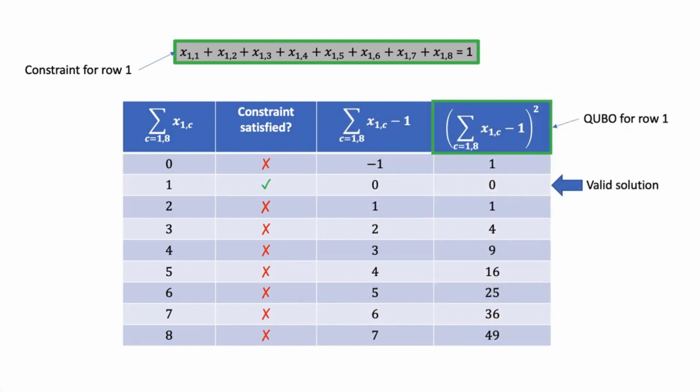Now, notice what happens if we subtract 1 from the summation and then square the result. Subtracting 1 means that the possible values range from -1 up through 7, with 0 corresponding to the constraint being satisfied. Squaring this quantity converts all non-zero values into positive ones and leaves 0 unchanged. The result is that this function achieves its minima if and only if the constraint is satisfied. So, the expression at the top of the rightmost column is exactly the QUBO which results from the 1 of 8 constraint. Now we need to replicate this work for not just the first column, but for all columns,